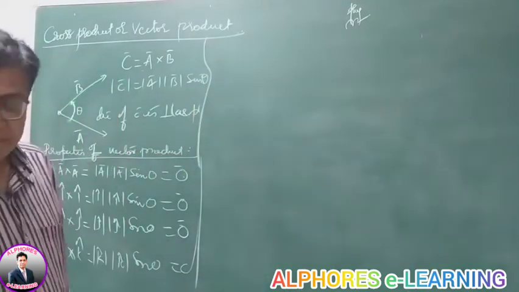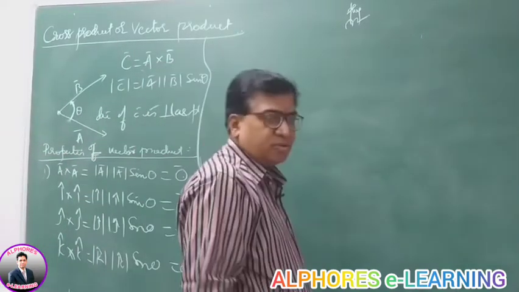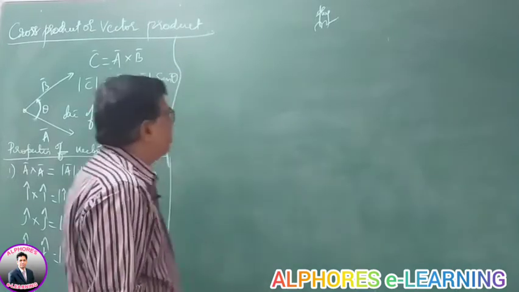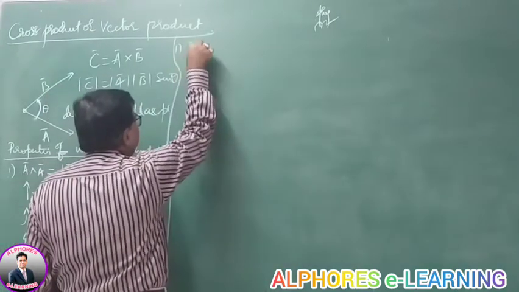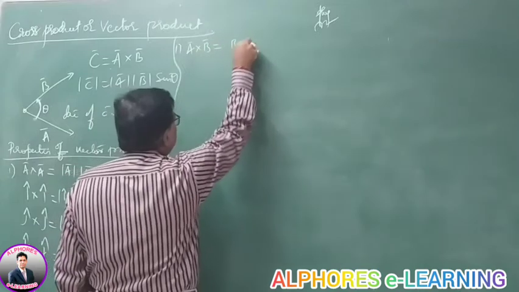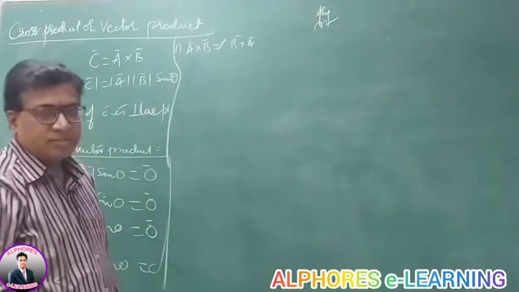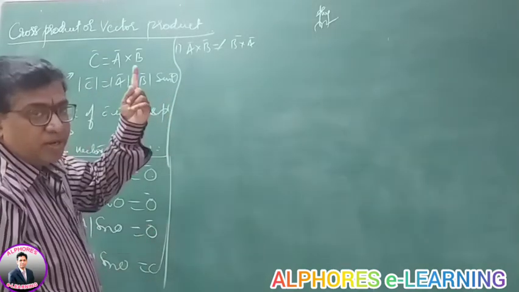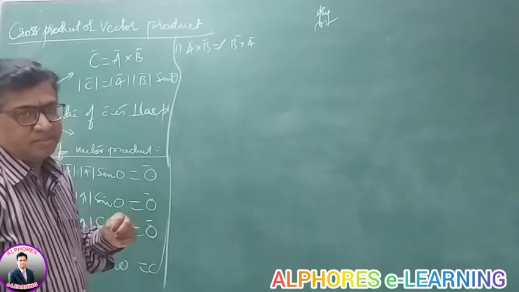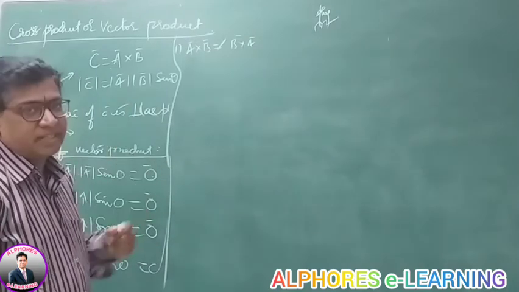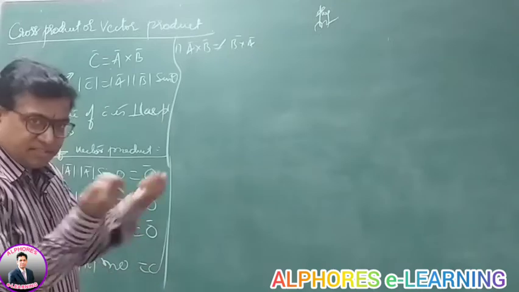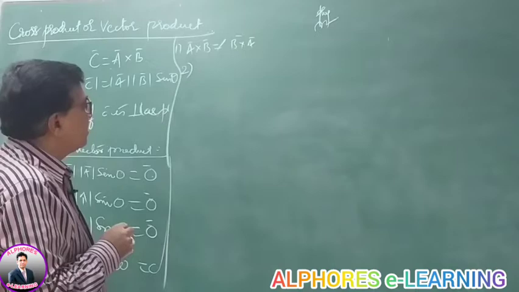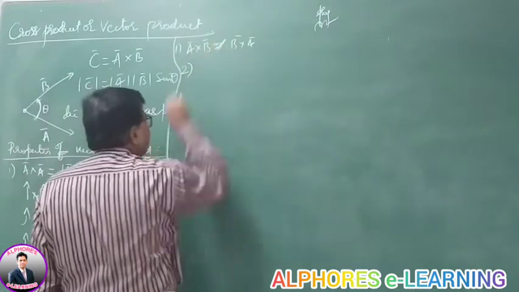now I was telling you the cross product of two vectors does not obey the commutative law. They are non-commutative. So A cross B and B cross A both are not equal. They cannot be equal because A cross B will be in the direction perpendicular and outward, and B cross A inward. Both are opposite. They are not equal vectors. They are opposite vectors, negative vectors. Right? They are cancelling one another. So A cross B and B cross A are in opposite directions.